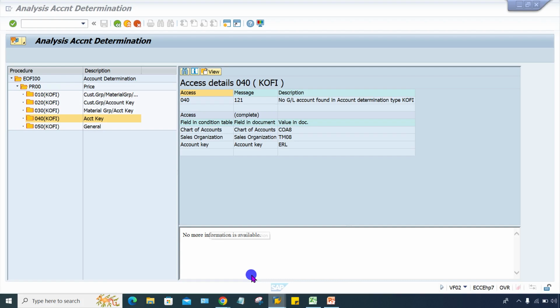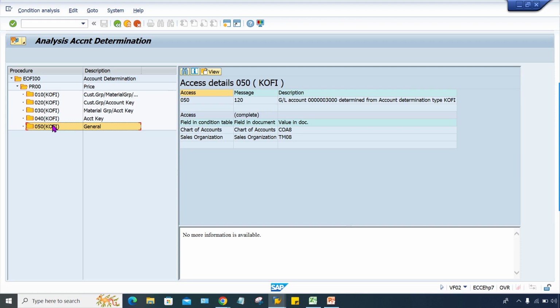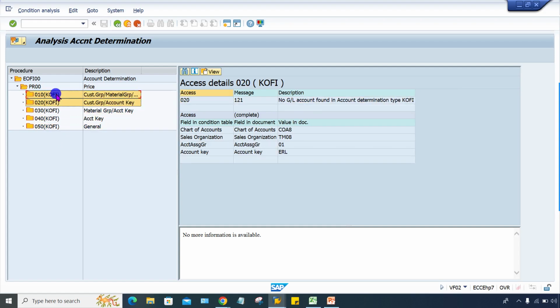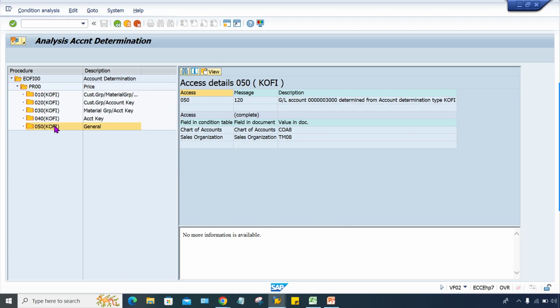Look at here. This is the first document. In the first document, what is happening, guys? System is able to trigger the GL account here, right? In general, this is the lowest one, and the remaining the system is not able to find. Why? Because we have assigned our GL account here. Try to understand in which sequence the system is going to check, upper to lower or lower to upper. That you have to answer now. So look at here, the first one we have assigned in general